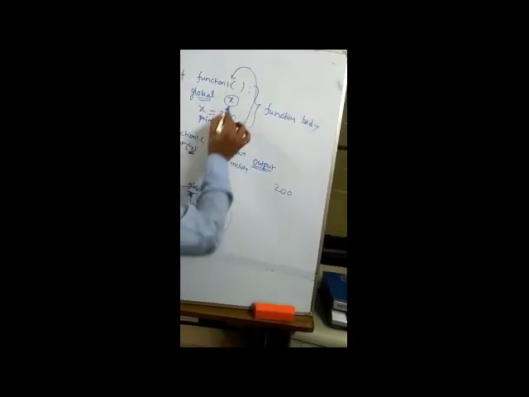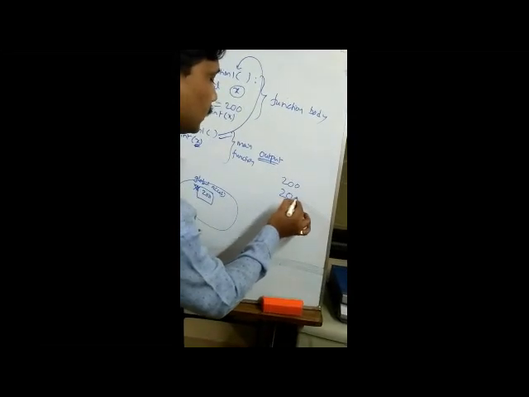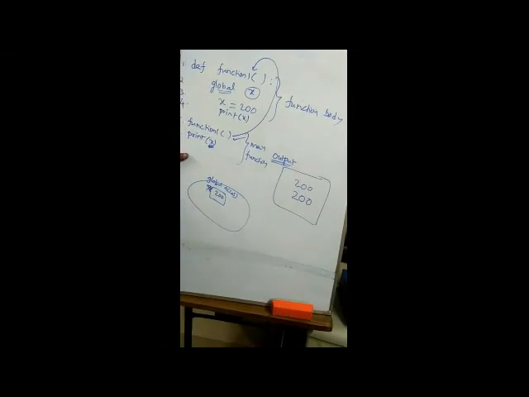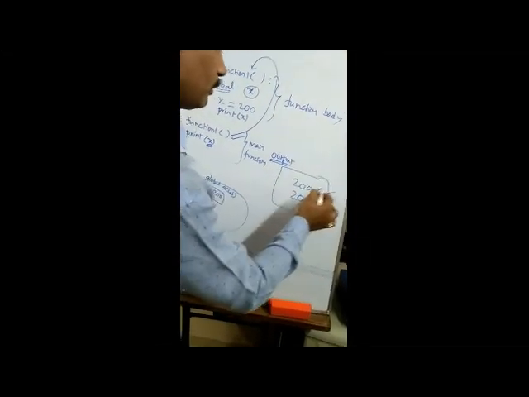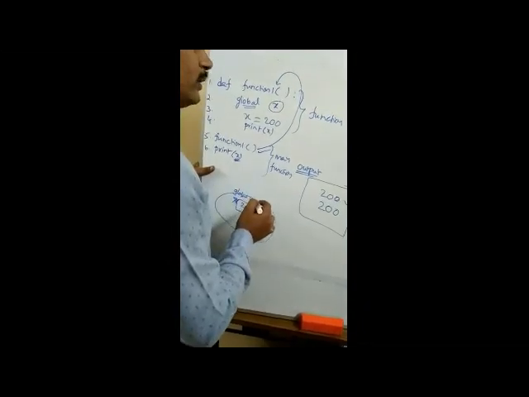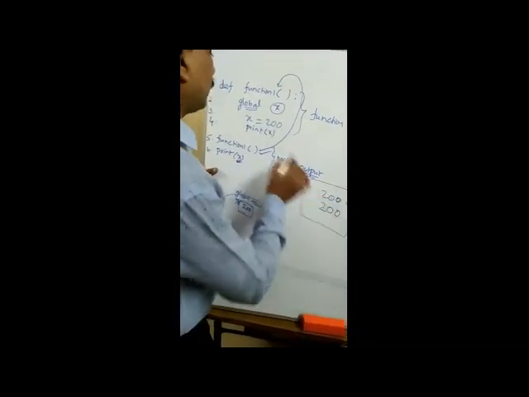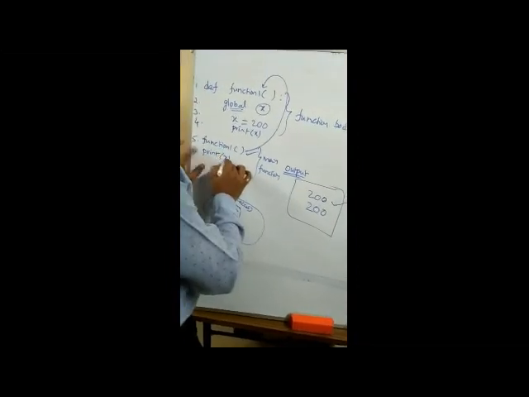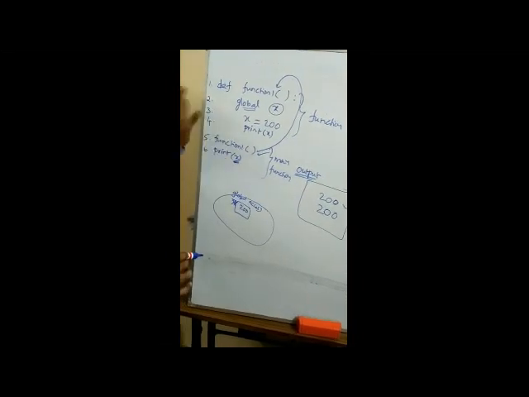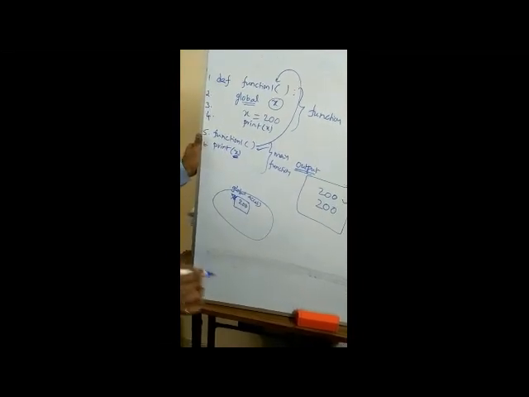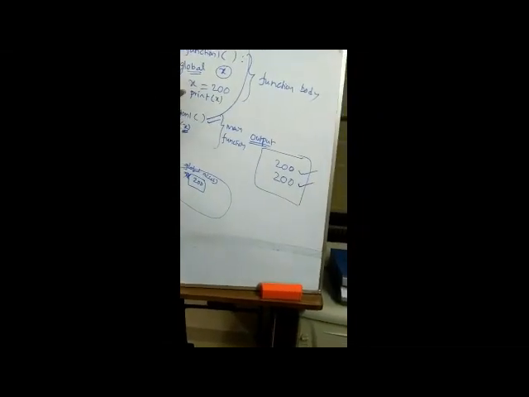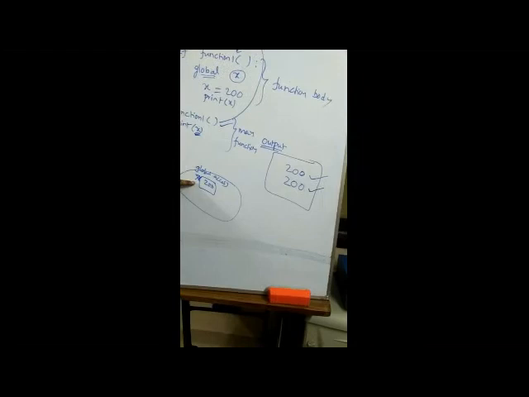Then print of x, here x is 200, it displays the value 200. This is the output of the above code. Actually this one is a local variable, but when we write the global keyword, it behaves like a global variable and displays the output 200. Here also we do not define any x value, but it acts as the global variable. That's why it displays 200 the second time. Here two print statements print the same global variable.